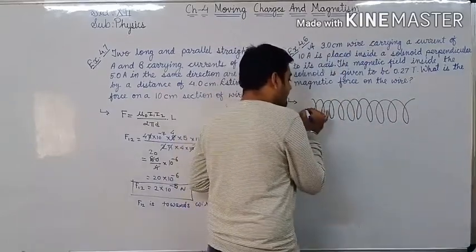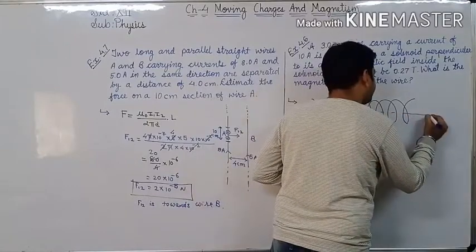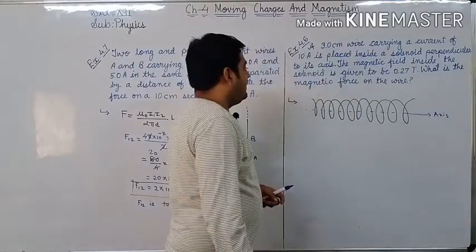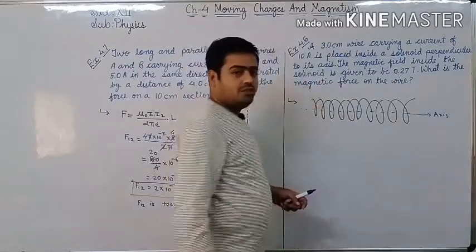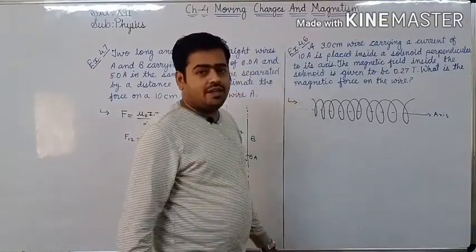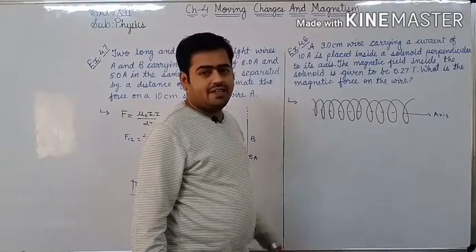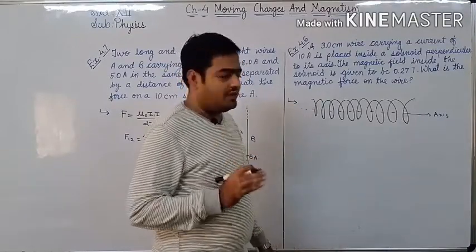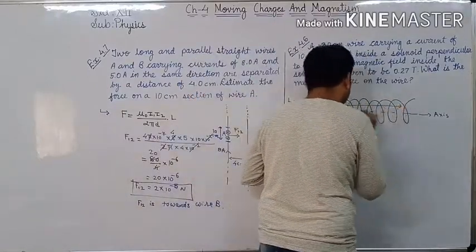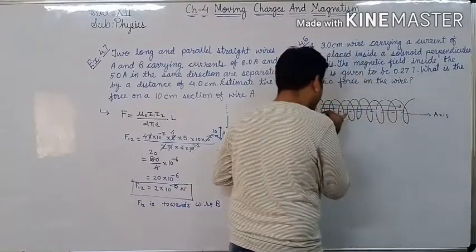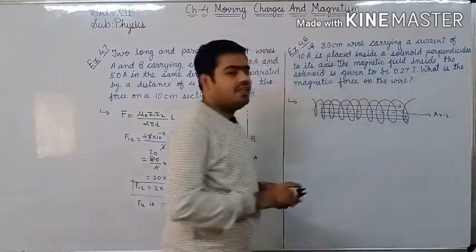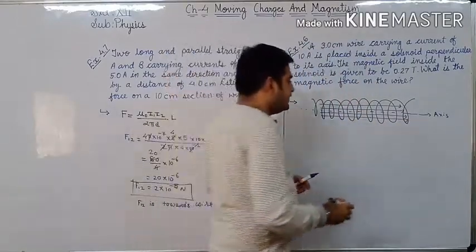Here this is the axis of solenoid. Whenever current will flow through this solenoid, then inside the solenoid what will be the direction of magnetic field? According to direction of electric current, we can decide the direction of magnetic field. Right now I am considering direction of magnetic field in this direction. Inside the solenoid we will get uniform magnetic field. So this is